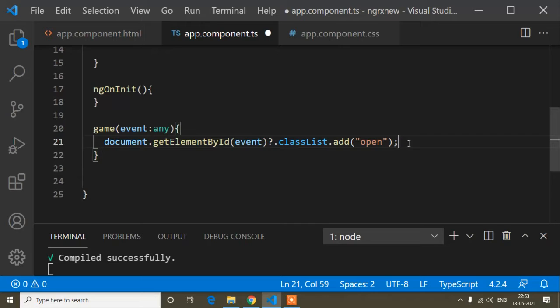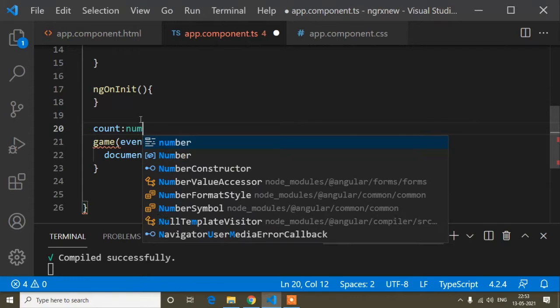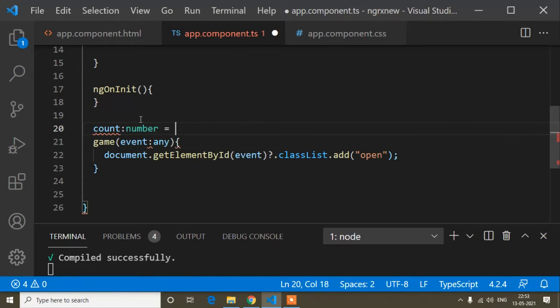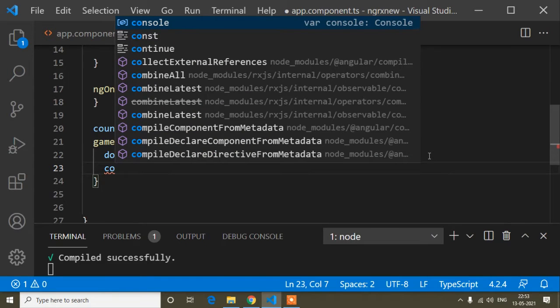Now I have to write the condition. First of all I will write a variable, count, this is the variable name, and its type is number. You can write the variable name as per your choice, and I will set the number here to 0. And now I will write count plus plus.